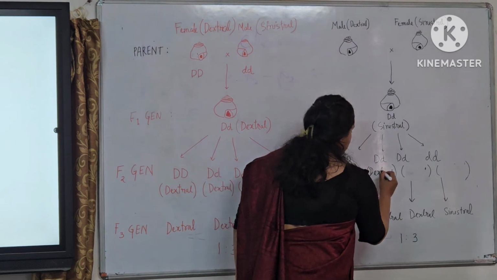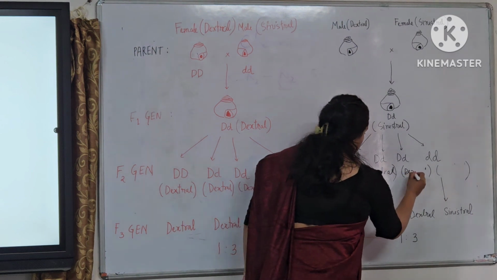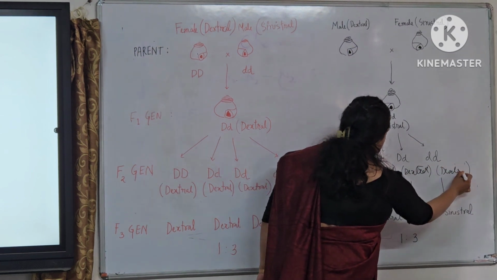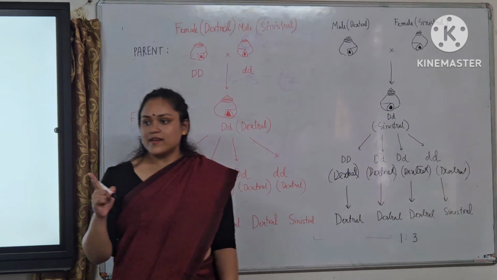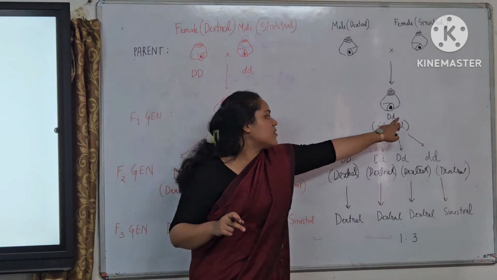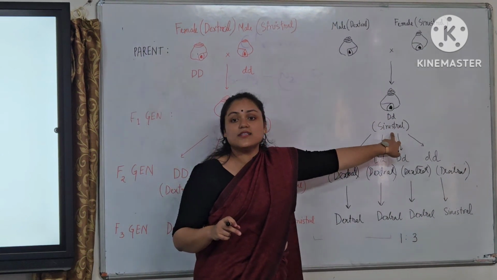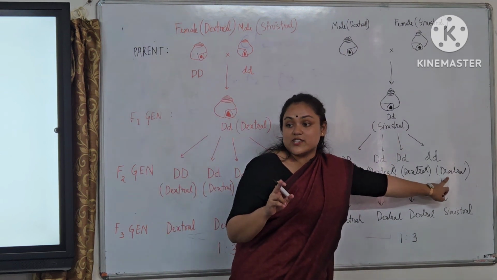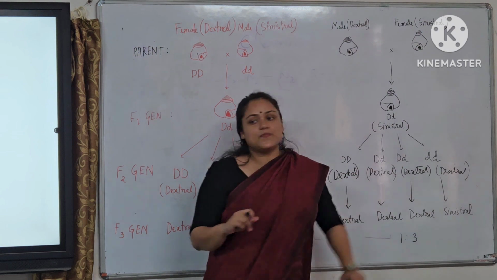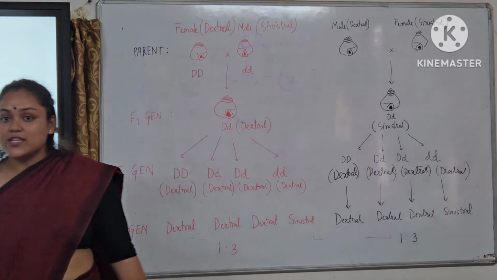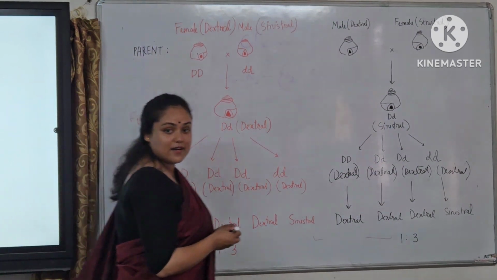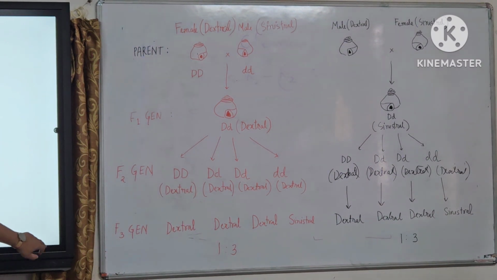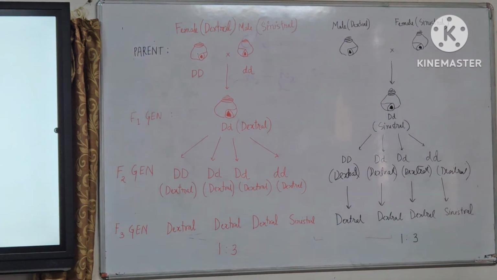Why is it not sinistral? Is it clear? Capital D, small d. Even if the mother's phenotype is sinistral, her offspring will be dextral, because the genotype is capital D, small d. Is it clear now? Again, when we go to the F3 generation, the process is similar. If we do a cross between capital